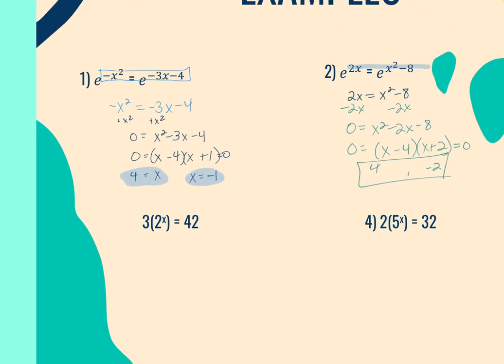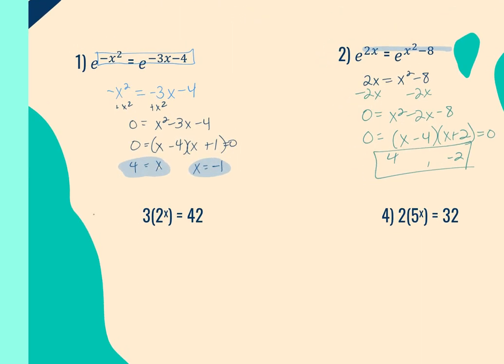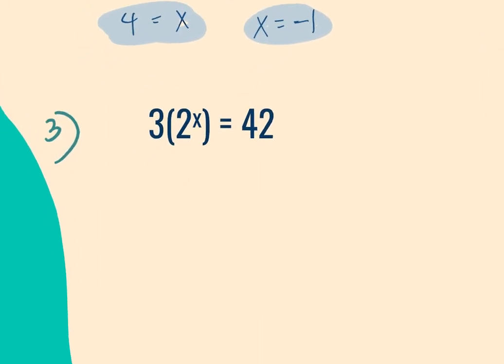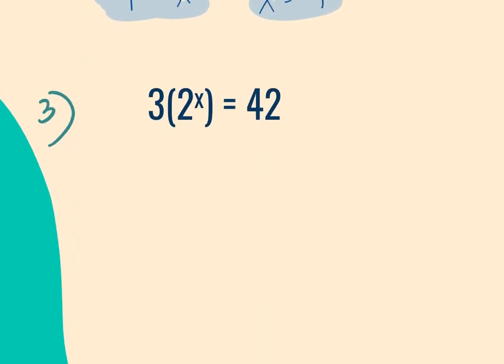Okay, this would be 3. That 3 is not part of the question. That would be 3. Now what? Can you change the bases? Well, first of all, we don't have just a single base on the left-hand side. So the first thing I would want to do is get rid of that 3. Divide both sides by 3. 2 to the x equals